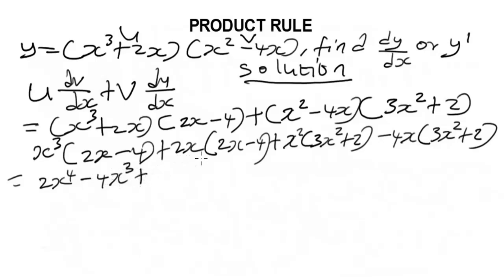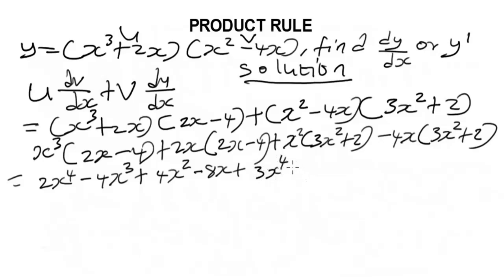Plus 2x times 2x, we're going to have 4x squared. 2x times minus 4, guys, we're going to have minus 8x. Okay, so plus, we have x squared times 3x squared, we're going to have 3x